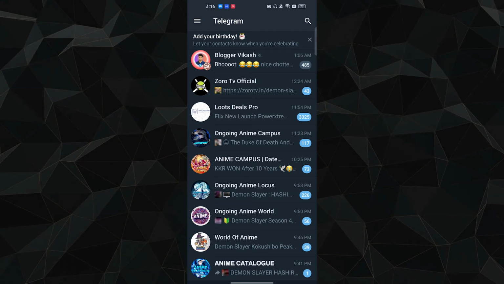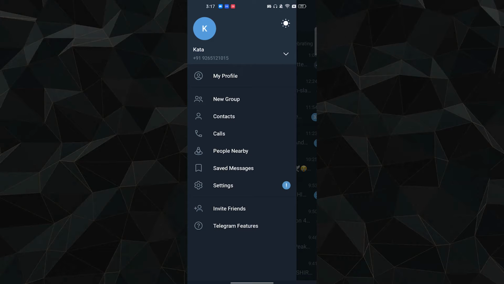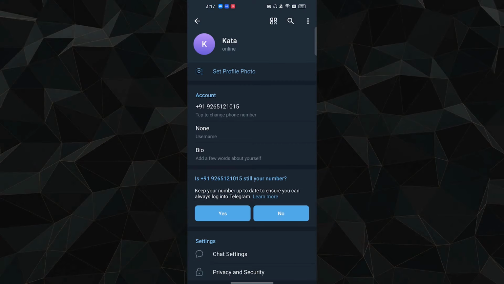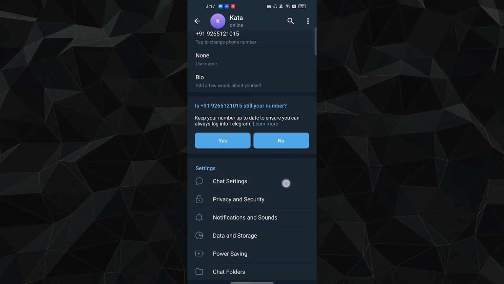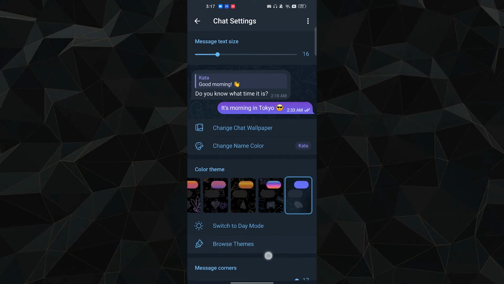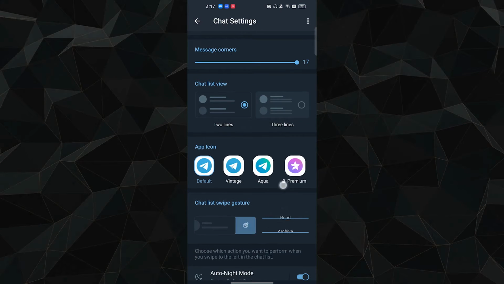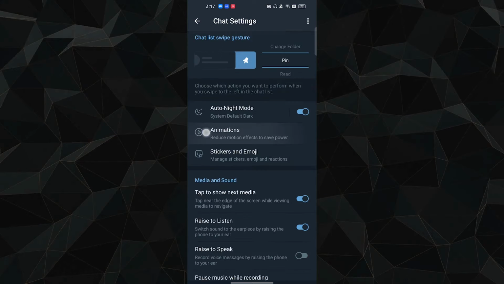Hello everyone, in this video I'm going to show you how to create a Telegram sticker pack. Well, it's a very easy thing to do. On the top left corner you will see the three horizontal lines. Tap on it. Now go to the settings of your phone. Now here you will get this option of chat settings. Tap on it, and just scroll a little bit down, and here you will find the option of stickers,